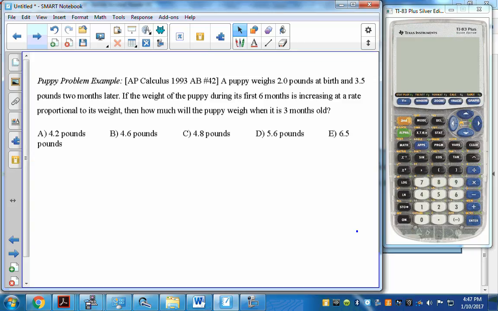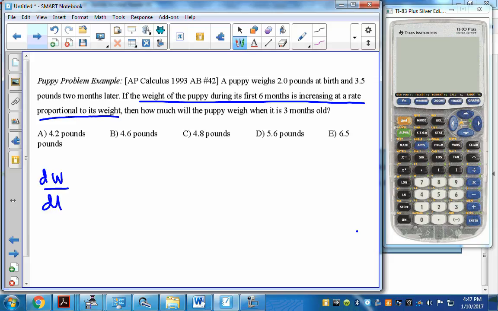So there's the key again. The weight is increasing at a rate proportional to its weight. So let's say W is the weight. So the rate of change is proportional, directly proportional to its weight. So that's going to give us our exponential equation. The two data points we have are,